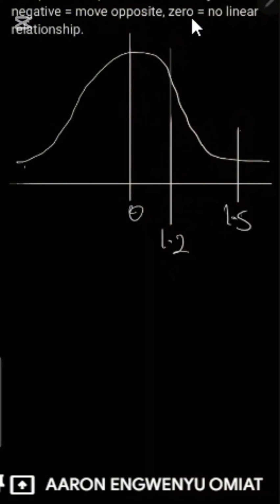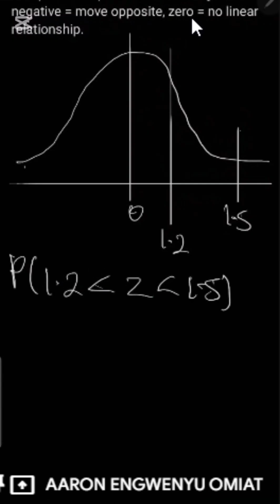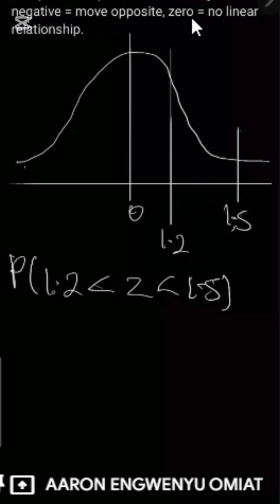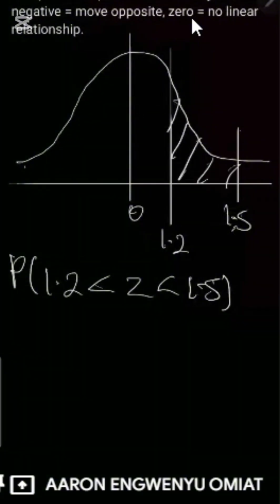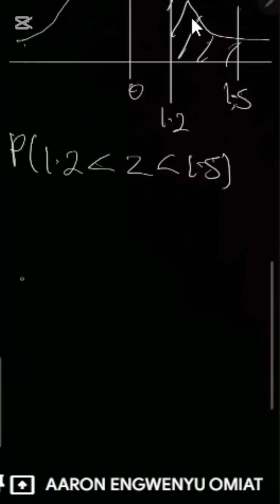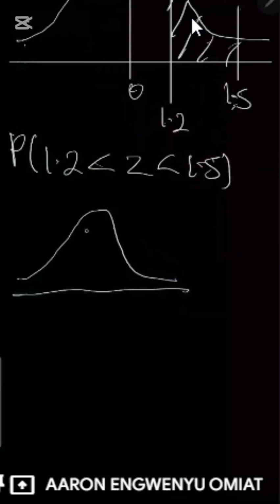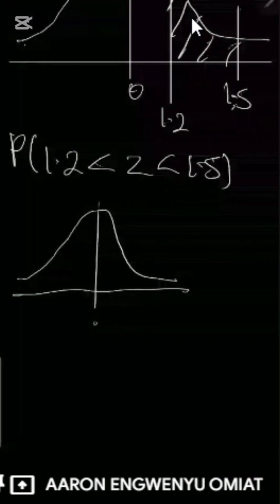And they're asking us to find the probability of z being between 1.2 and 1.5, which simply means the probability of z being between these two, which is this area. So to find that area, we shall go through two probabilities. The first one is probability of